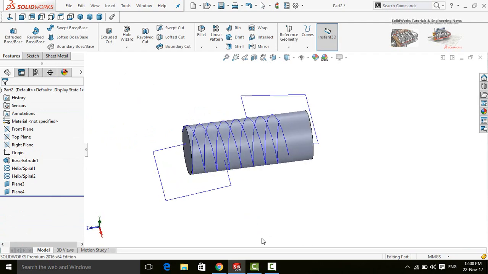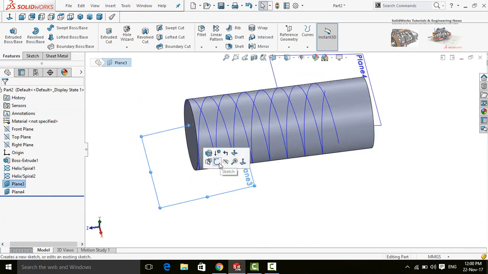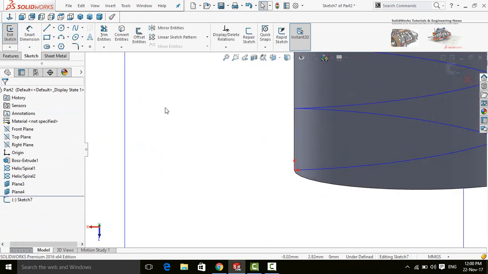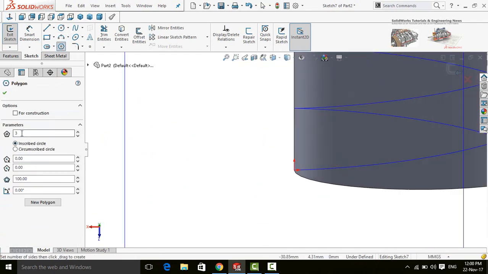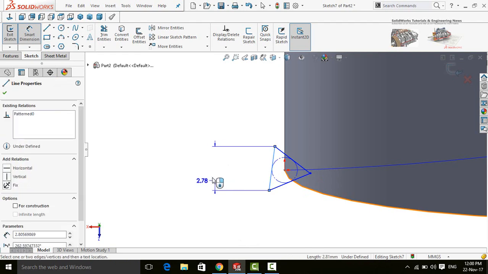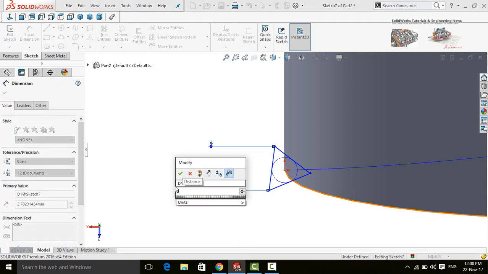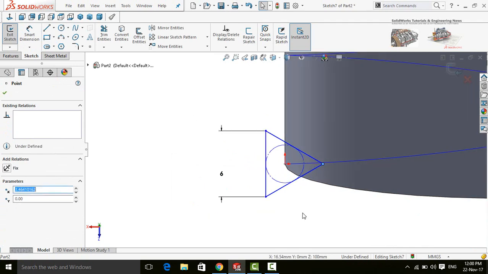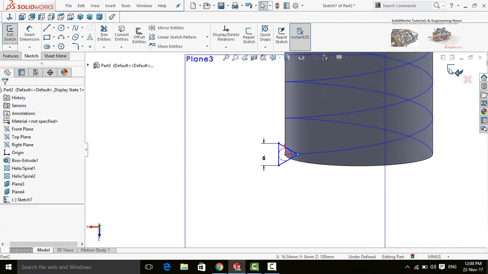Now sketch on both of these planes one by one. Sketch on it and make it normal to. Draw a polygon. Number of sides is 3 and start it from the origin. Define it. This length should be 6 millimeters. Now save and exit from sketch.